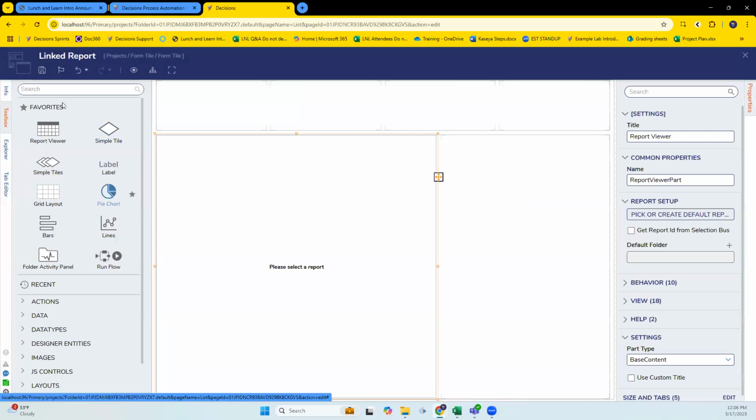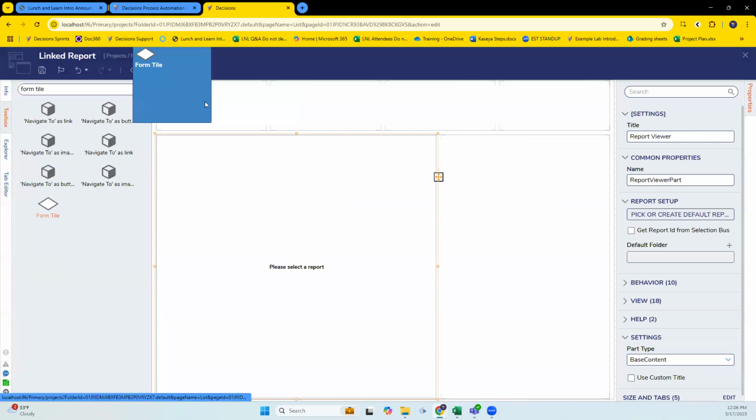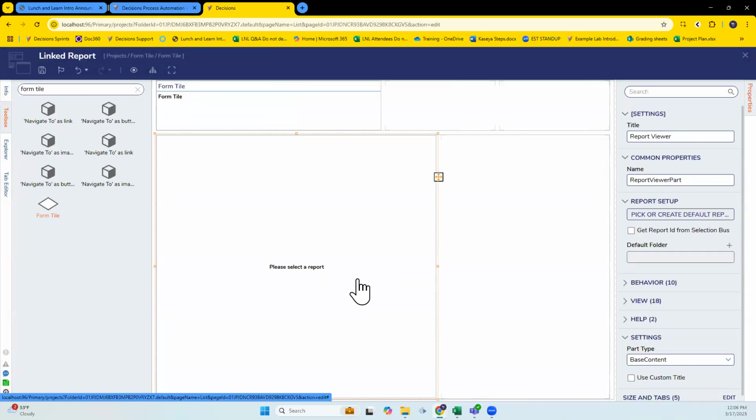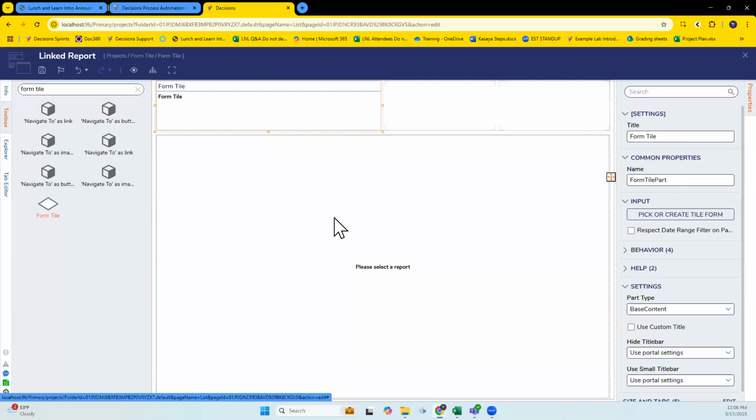I have a flow that does pass the value. It's just one report, right? A form tile and one report. All right, so this is a form that just has a drop-down list in it.